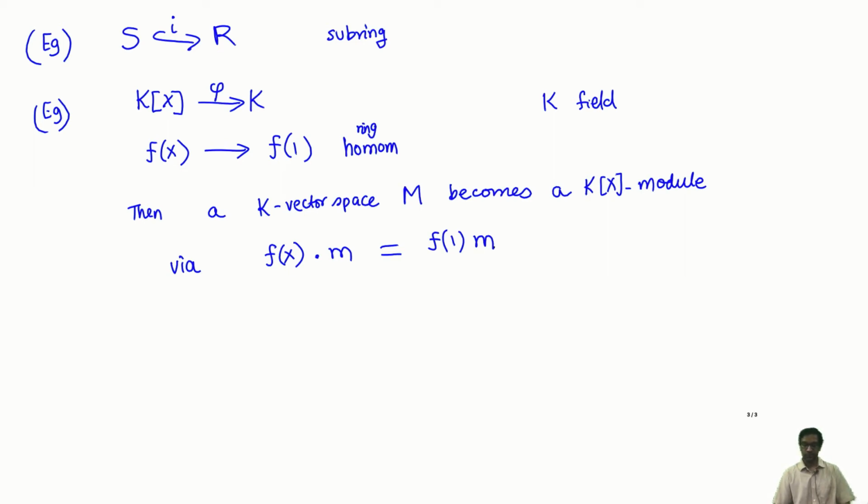So this gives you, for example, a structure of a k[x]-module on M, and of course we have seen the more general ways of making k-vector spaces into k[x]-modules. All you have to do is to specify one linear operator. And in this case, it is just the choice of the identity as the linear operator. Anyway, this is just to illustrate that this general definition can give you something more interesting than just the usual restriction.